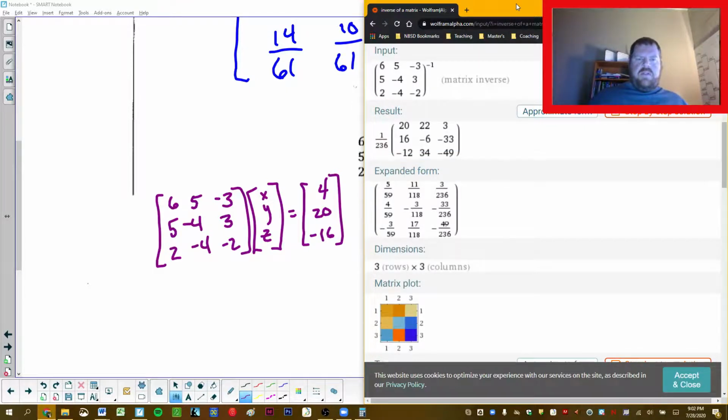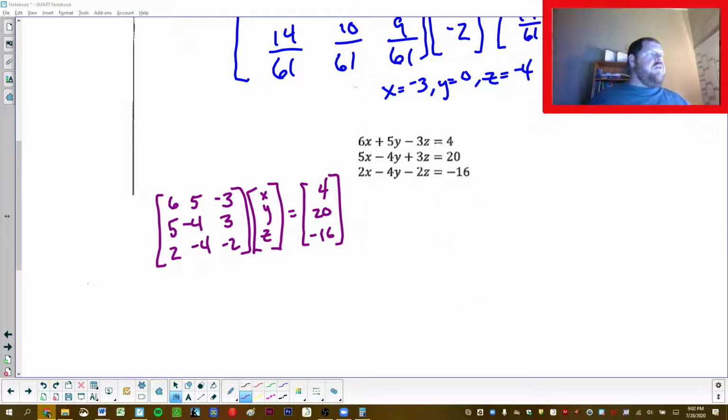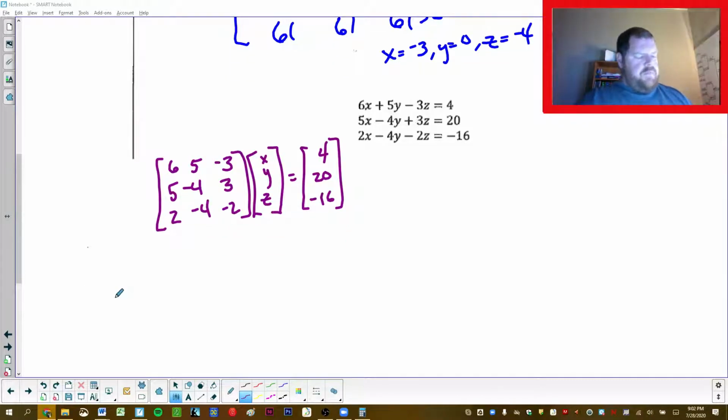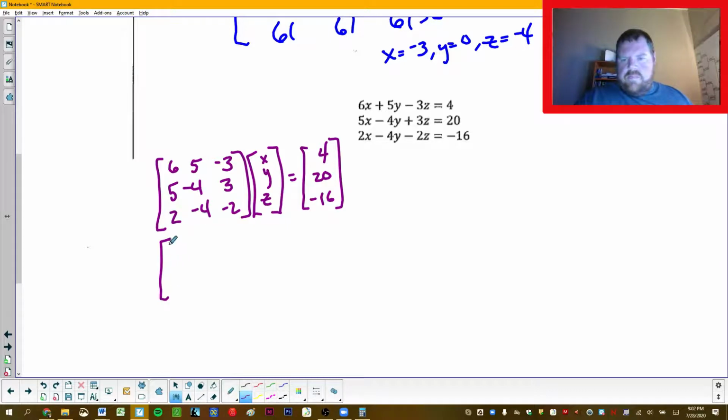Okay, so we see that. I'm going to write it over here. Or I'm dragging that over so that I can write this full screen. Try to make this less ugly. So my x, y, z equals this 3 by 3 matrix,